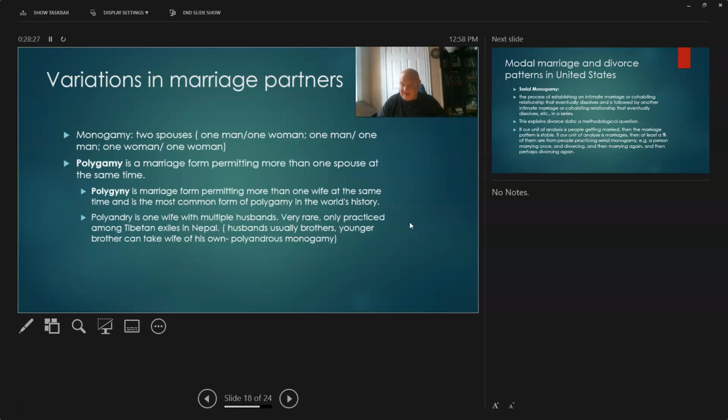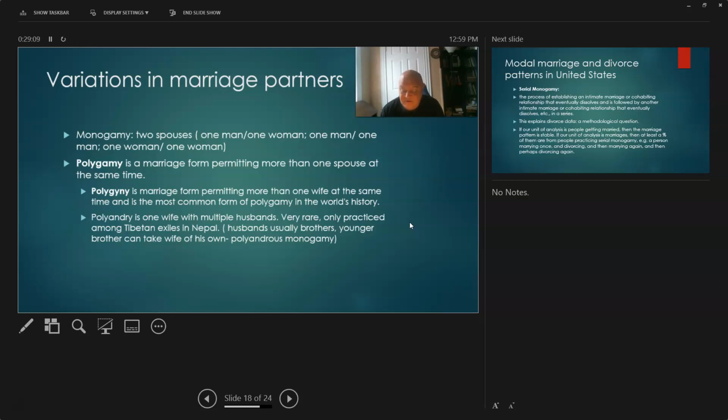Usually what happens is marriage is an economic union, not necessarily just a sexual or an emotional one. We tend to term it that way. That's why this seems a little icky, maybe, this polyandry. How it works is interesting. I mean, basically, you have one wife with multiple husbands. The husbands are usually brothers. And in a kind of unusual twist that acknowledges the functionality of families over family form, the younger brother can take a wife of his own. Polyandrous monogamy, it's called. This is kind of mind-melting.